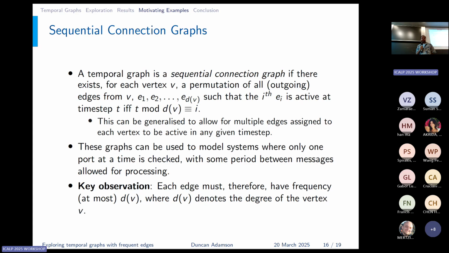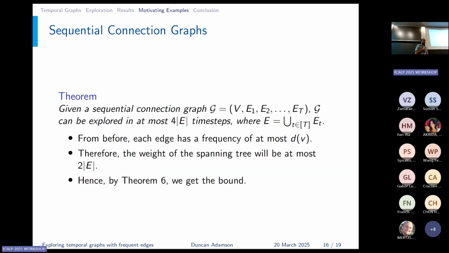Because each edge has a frequency of at most the degree of the vertex, which means that we actually only have to wait 4 times the number of edges in the graph. So rather than making the weighting and looking at the weighted spanning tree in the same way as before, each edge has a frequency of at most the degree of the vertex. So the weight of the spanning tree is 2 times the number of edges. So we can do 2 times the weight of the spanning tree, and 4 times the number of edges. That's